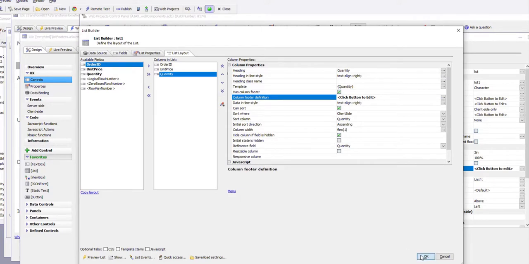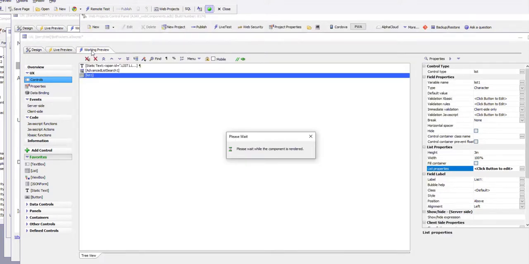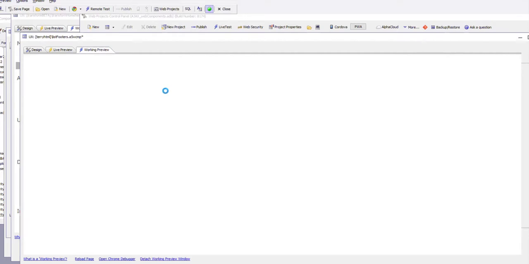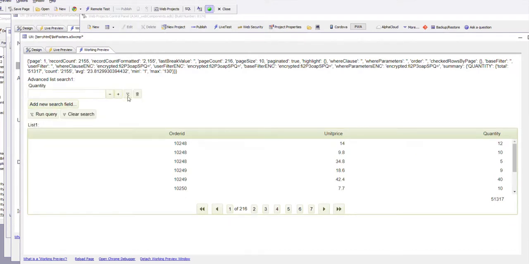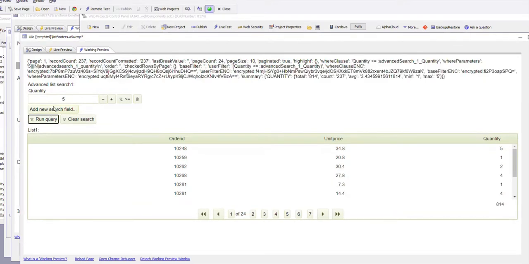Let's go ahead and run this. When we run it, we'll see at the bottom of the list we have our summary value, and since it's a fixed footer, it stays visible as the list is scrolled. This is displaying a summary of all of the rows in the query. So if we change the list query to say quantity less than or equal to 5, we're going to go from 2,100 records to 237 records,